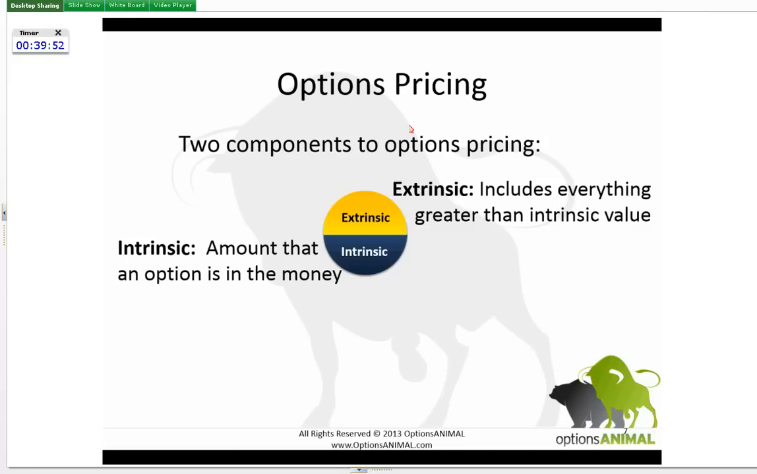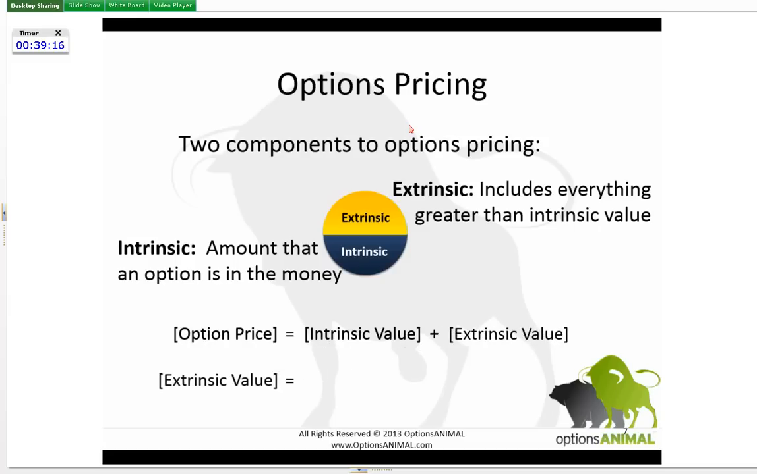And of course, the corollary is that any options that are out of the money have no intrinsic value. By definition, they're out of the money, so they can't be in the money. So the intrinsic value of out of the money options is 0, and every bit of value for out of the money options is the extrinsic value. So option price is equal to the intrinsic value plus the extrinsic value, just a straightforward formula. And if we're trying to find out the extrinsic value, we take the option price and we subtract the intrinsic